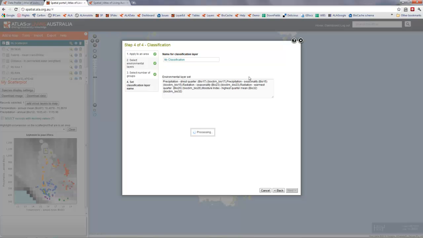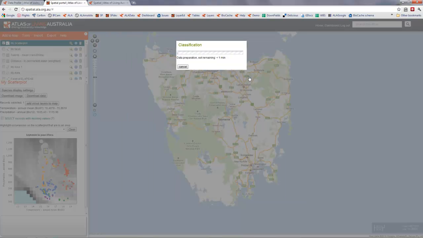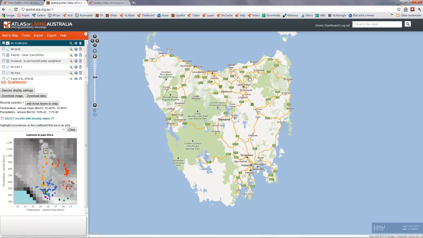So what's happening now is we're attempting to combine all 5 layers into one new layer that represents most of the variation that we see in those 5 layers. So it's attempting to provide effectively an environmental classification, in this case for the state of Tasmania, or the island of Tasmania. Why is that useful for such a biodiversity oriented tool? Well, the simple answer to that is that we do not have systematic environmental information for all of Australia, and